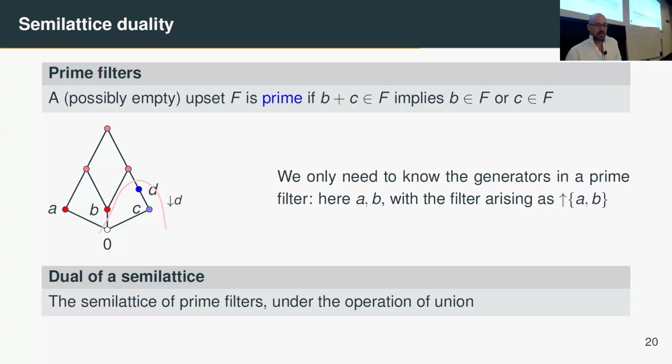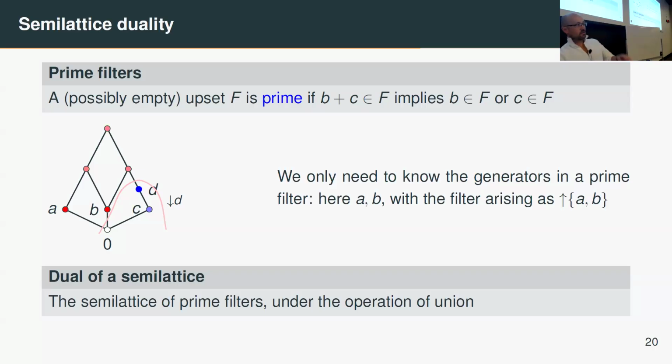Okay, so the dual of the semilattice, as I mentioned earlier, is just you take all the prime filters and your operation is just union. It's pretty simple. Now, the fact that in the finite case, they are just the complements of principal downsets will actually be what ends up making the semilattice duality look a bit simple. It's just turning this thing upside down. Essentially, it's turning joins into meets. Now, we didn't ask that our semilattices be closed under meet, but in a finite case, a join semilattice with 0 is always closed under taking meets as well, even if it wasn't an operation. And that's kind of what's happening.